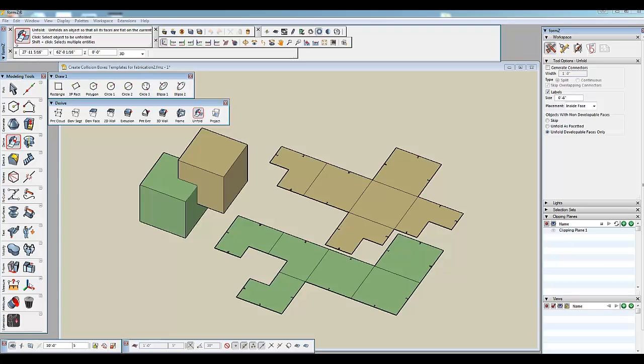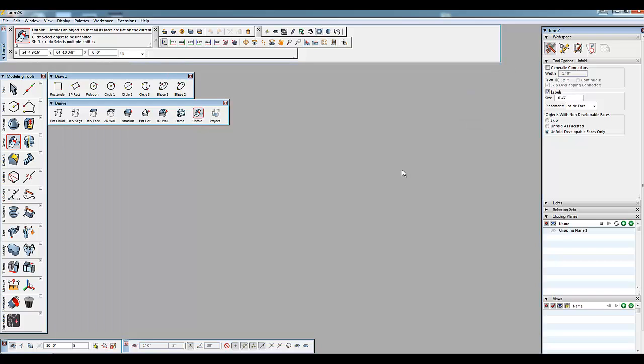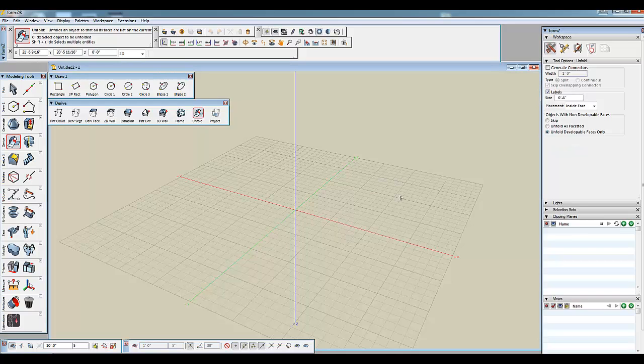Hi there, in this tutorial we are going to create collision boxes template for fabrication. What it is, I'm going to collide some boxes and then I'm going to need a template for me to cut out the board or the foam board to make the box. So let's get started. Let me close this one and Control N to create new